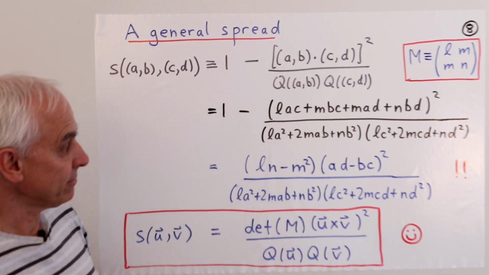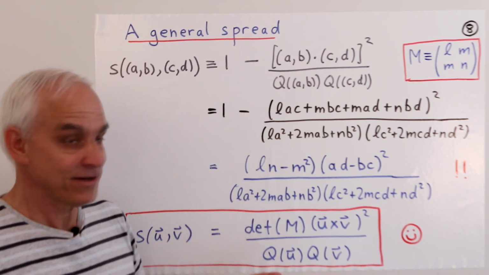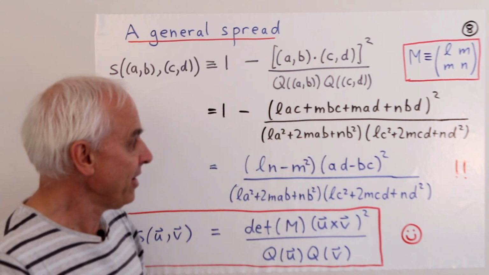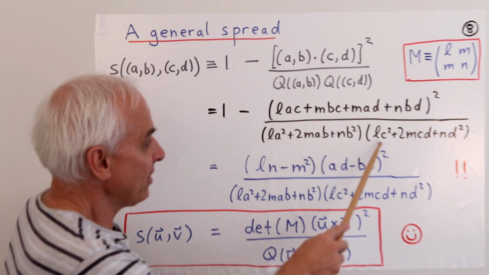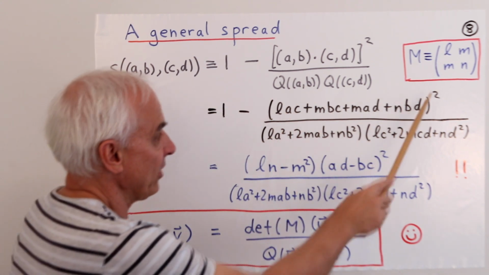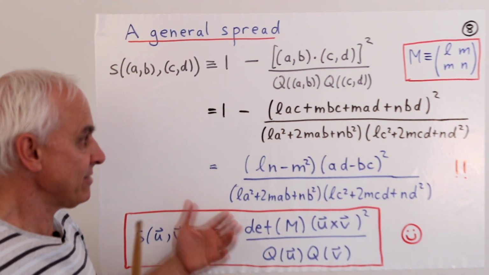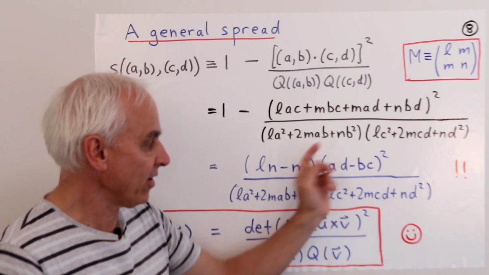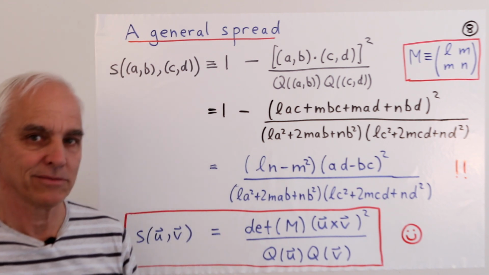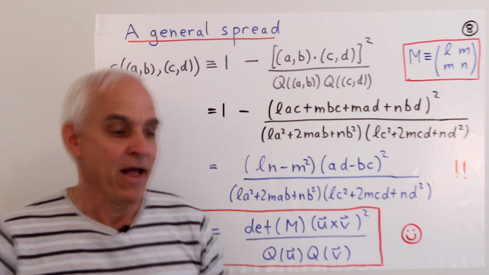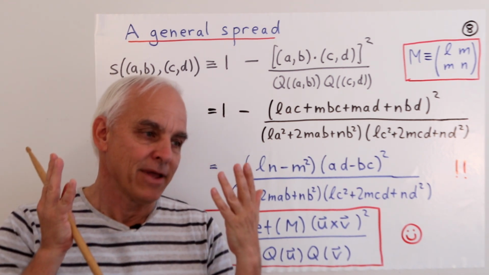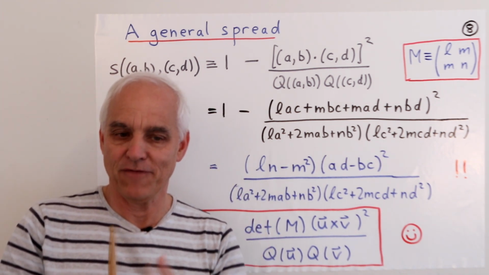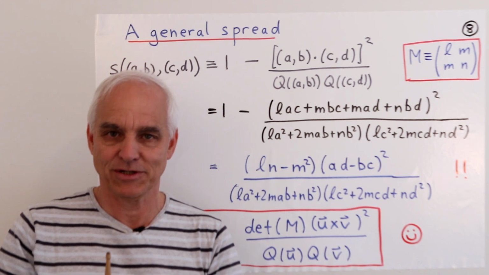So it's a significant exercise to establish this identity here. Basically, we're saying that if you take this thing times this thing and you subtract this thing squared, it simplifies dramatically and you just end up with LN minus M squared times this cross product squared. It's fabulous. Okay, and it now explains what's been going on to a certain extent in those previous formulas involving the blue, red, and green situations.